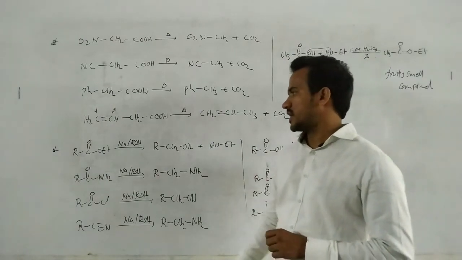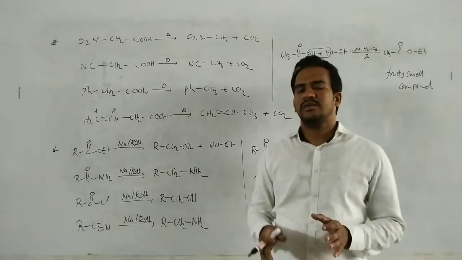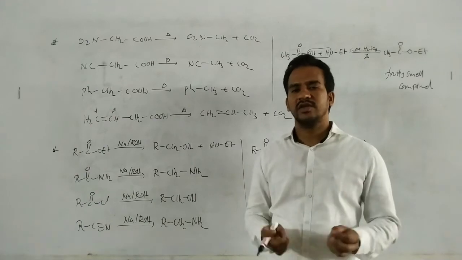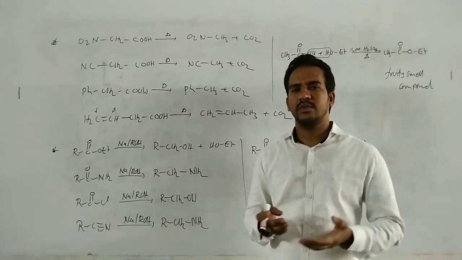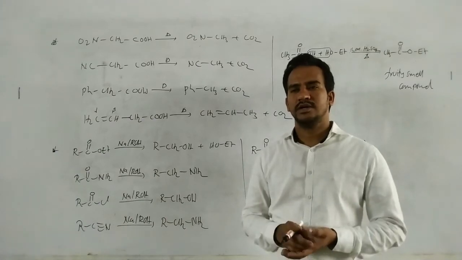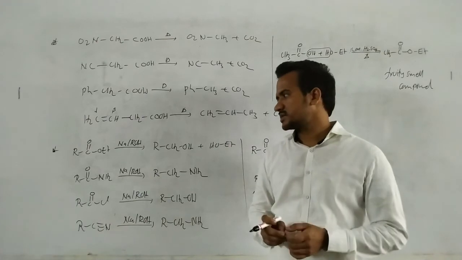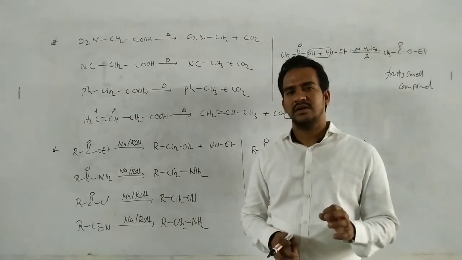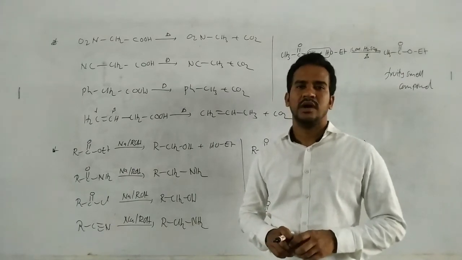Okay, that's it. And next, the reduction reactions. Generally, here also we can discuss the reduction reactions of the carboxylic acid and its derivatives with sodium borohydride, with lithium aluminum hydride, with diborane, and sodium in alcohol. All these reactions, once again, please refer to the alcohol preparation methods, because this reduction reaction is very, very important.